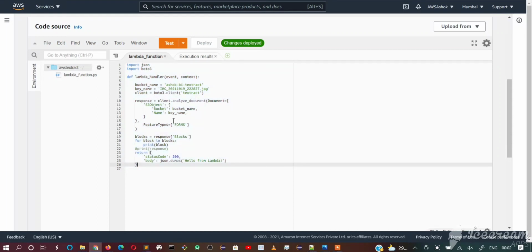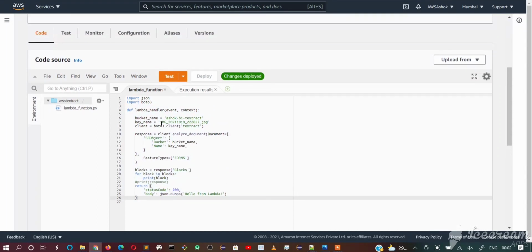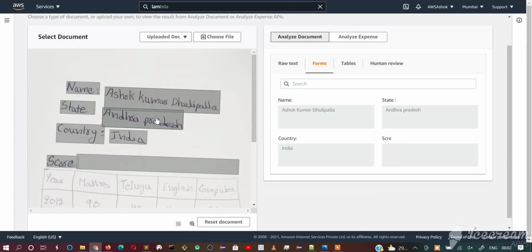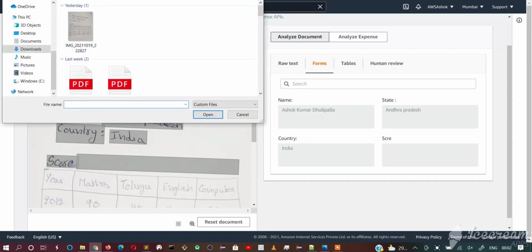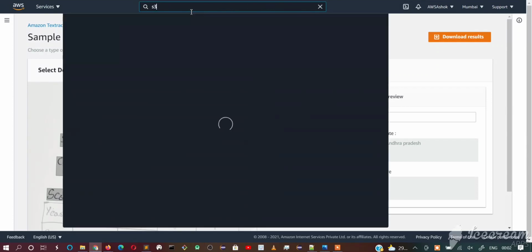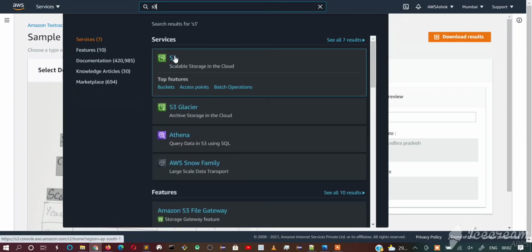Before this, we need to upload the image we want to extract data from to the S3 bucket. Here I want to extract data from this image, which is on the local system. I uploaded it using this button to test, and I have already uploaded the same thing to the S3 bucket. Let's check that.